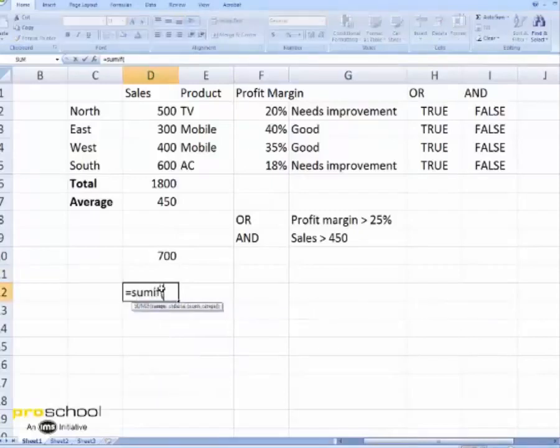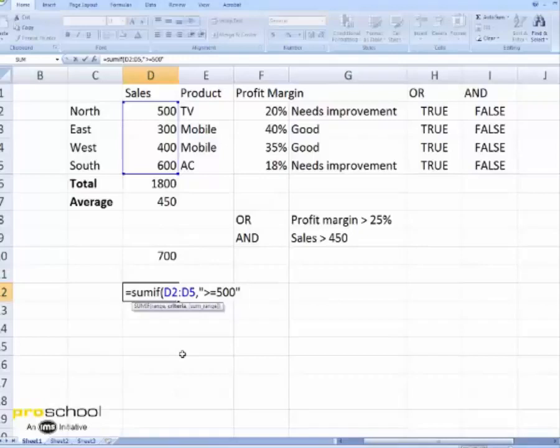Sum if the condition is saying add sales greater than equal to 500. Sales is given in this column, so I take that, comma. The condition says greater than equal to 500, so double quotes, greater than equal to 500 in the quotes.